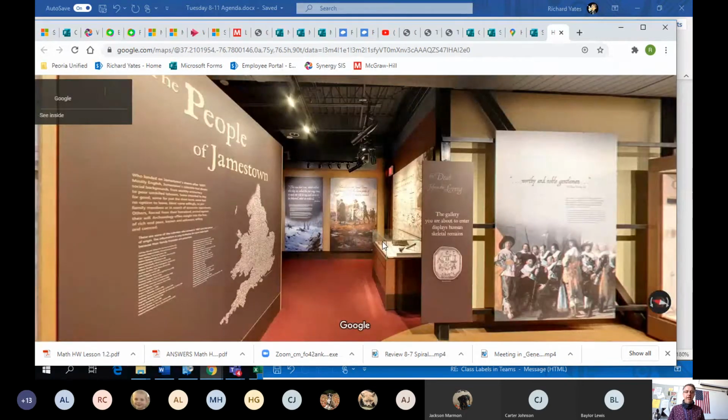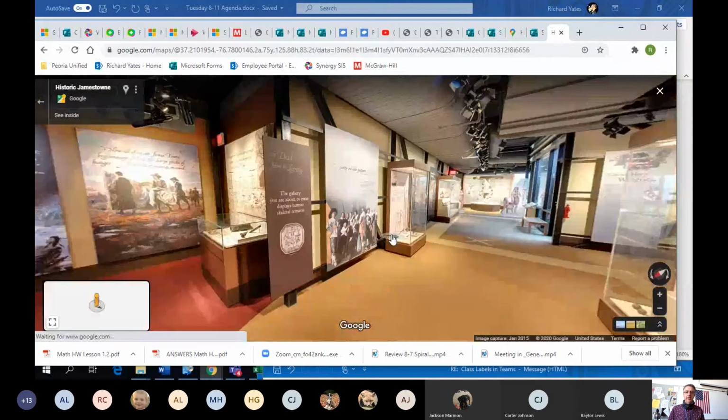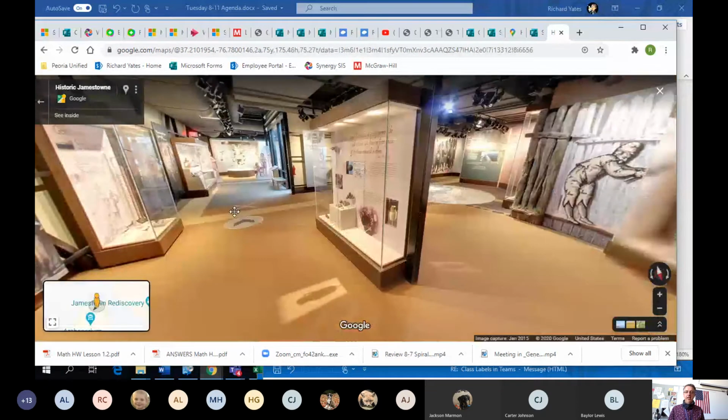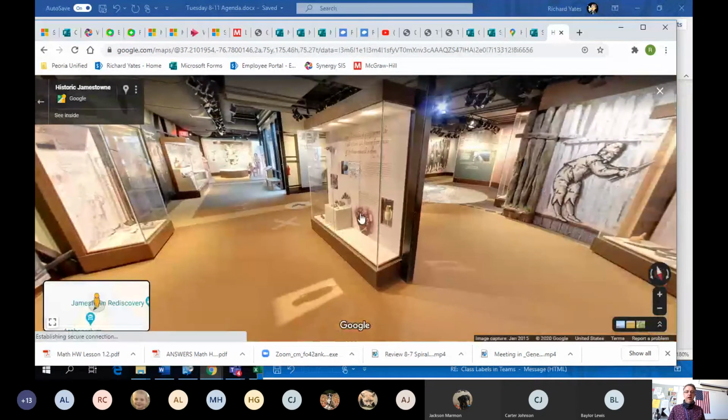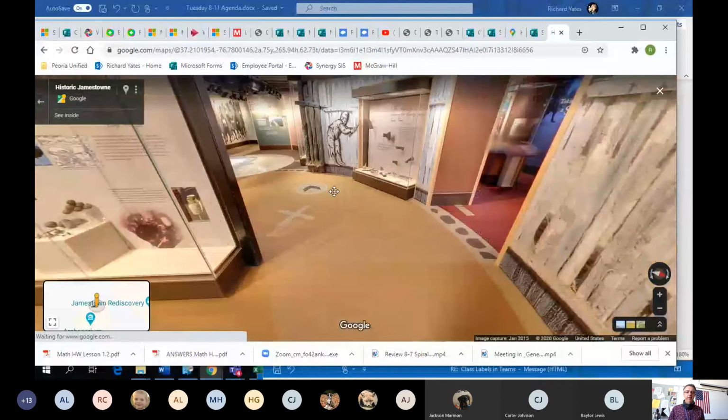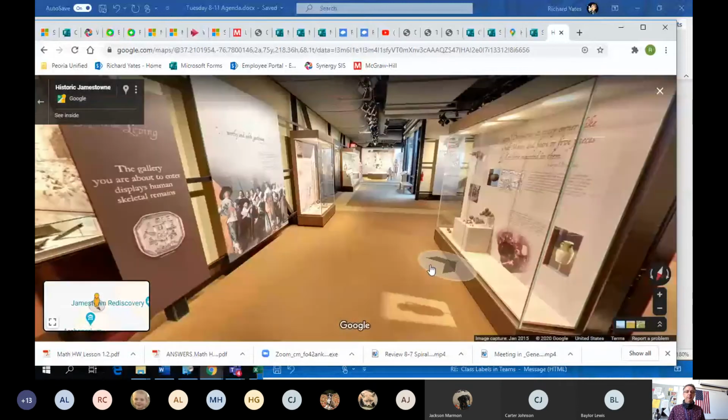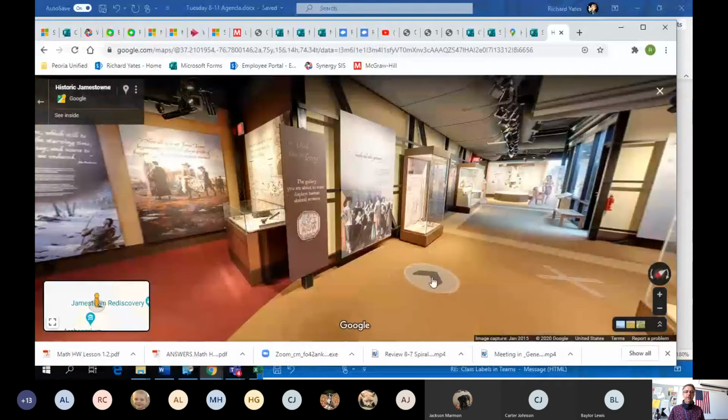When you click on it, you'll be entering the Jamestown Museum. This has got a lot of different exhibits on here. When you're done with the assignment, if you feel like you want to run around and take a look at it, you can. But what I want you to do is really focus in on the first thing you see, which is this picture of these guys